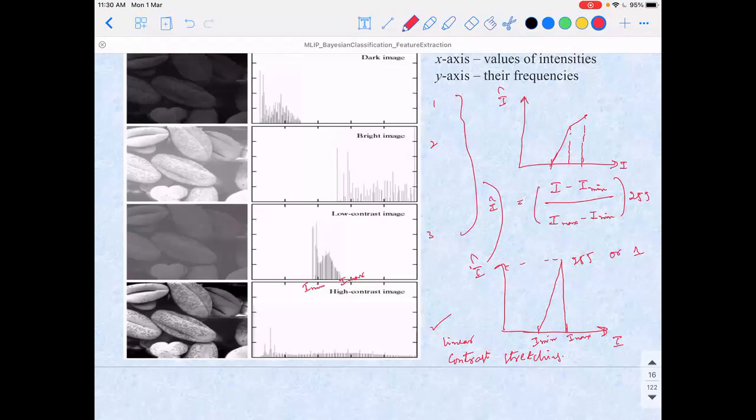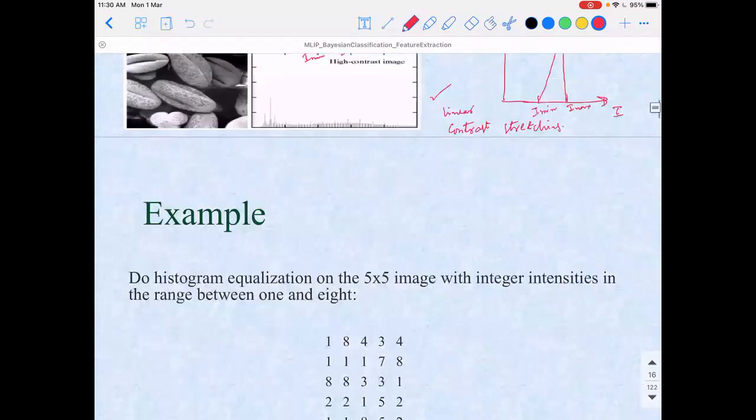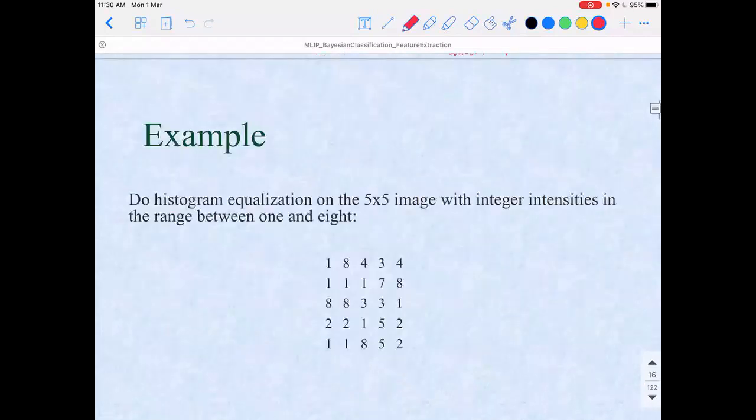I can decide the way I want to stretch based on my interest, which object I want to look for. See, in this, assume that dark objects are not of interest to me. Bright objects are of interest, so then I will stretch differently. If the dark objects are of interest, I will stretch them differently. All objects, if they are of interest, are stretched differently.